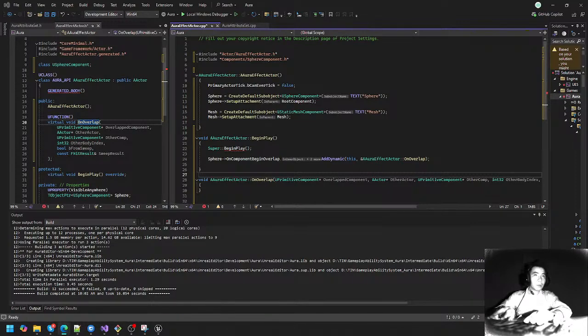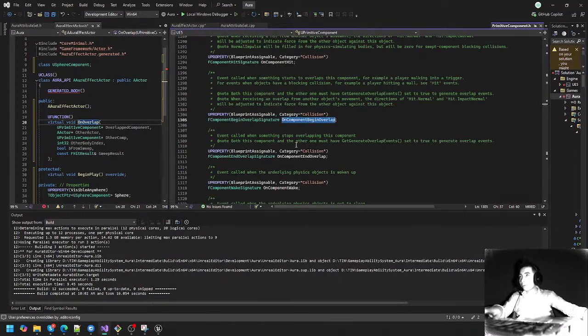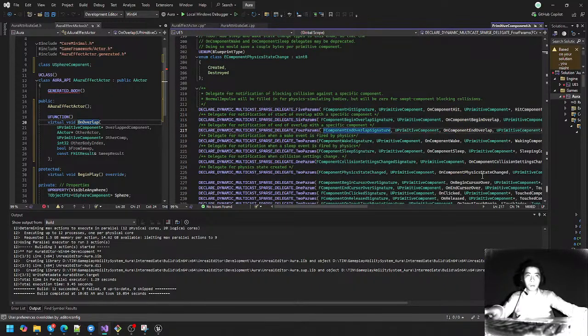Here's the list of input parameters that a callback must have to bind to this type of delegate, and PrimitiveComponent has one called OnComponentEndOverlap. So we can copy these parameters and we can make our EndOverlap function here in AuraEffectActor. So we're going to make a virtual void